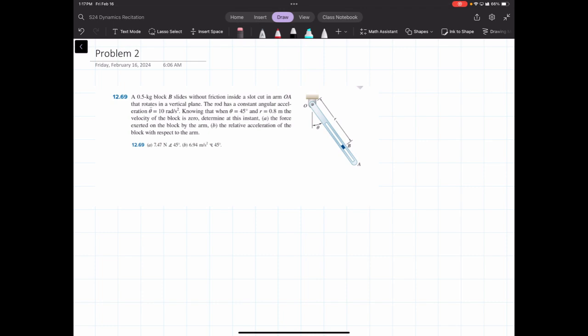So right off the bat, we're given theta double dot, which should immediately say we're in polar coordinates, because that's the acceleration in the theta direction for polar coordinates. So we know we're going to be talking about polar coordinates. So we write down that we have a theta double dot of 10 radians per second squared. And then we're given that when theta is 45 degrees and r, meaning the length up from the block to the pivot point, is 0.8 meters,